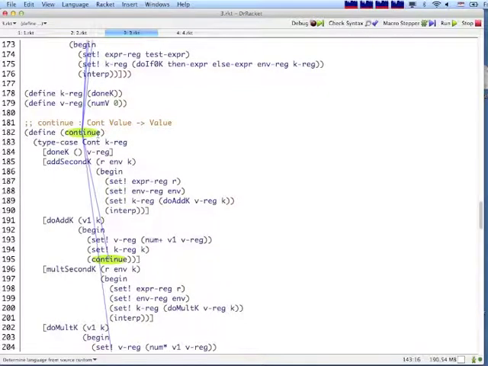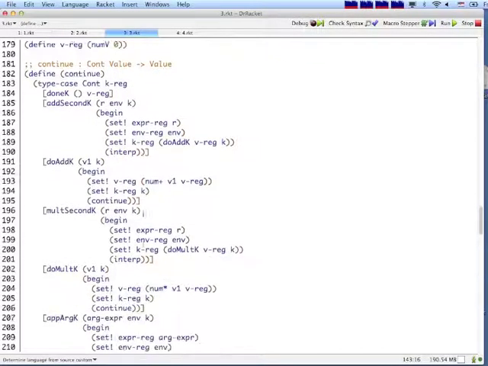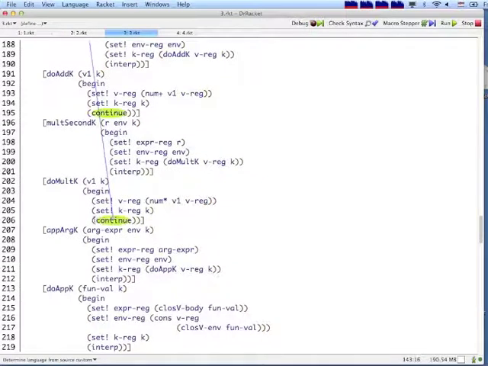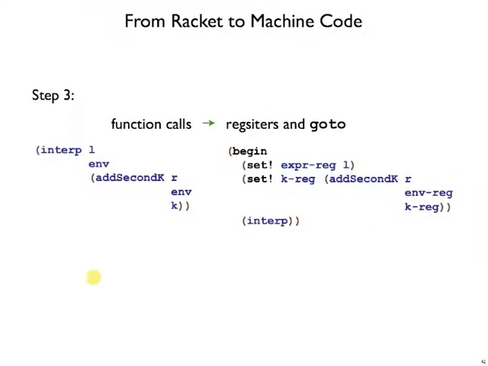You can see that continue also takes no arguments, and it does a type case on that continuation register. When add second k wants to start interpreting the right expression, it sets the expression register to that. It sets the environment record to the one remembered in the continuation. It builds a new continuation for the k register and jumps to interp. So all the cases of interp and continue end with either a jump to continue or a jump to interp. So that's a step